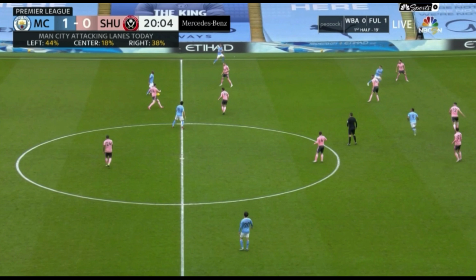What's going on, everyone? I'm back with the second video of the day, and the second game was Manchester City versus Sheffield United. And Sheffield United, although they are bottom of the table, not having a good year at all, their structure remains the same, and in recent games there's been signs of hope for them that they can get results, they can grind out results, get points, and score a couple goals when they have to, but their shape